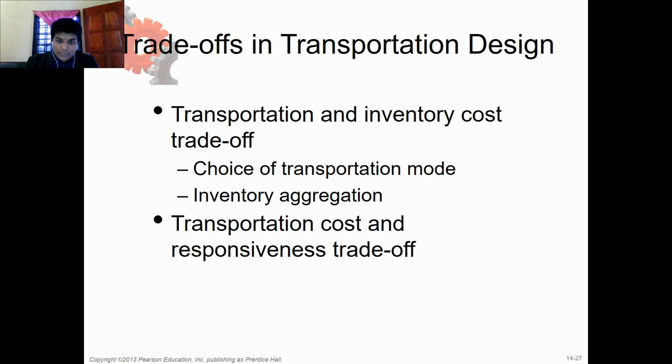Transportation cost and responsiveness trade-off. Okay, so that's why I mentioned earlier how fast you want to respond to the customer. Okay, and is the customer willing to pay the high cost for the transportation or not? That also we need to consider as